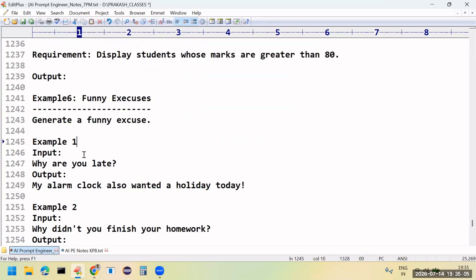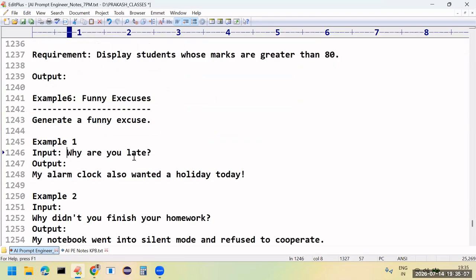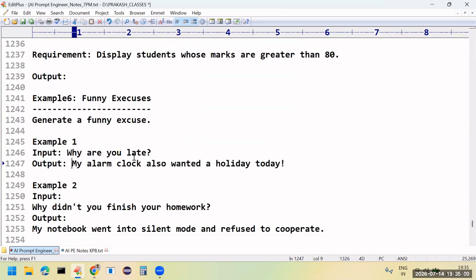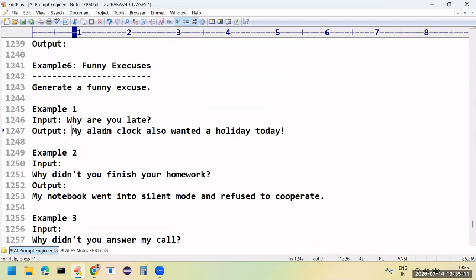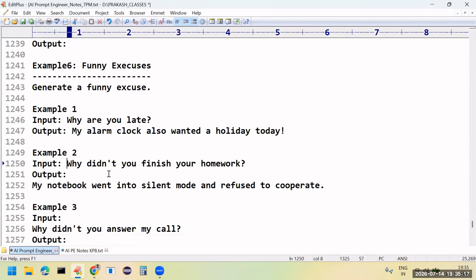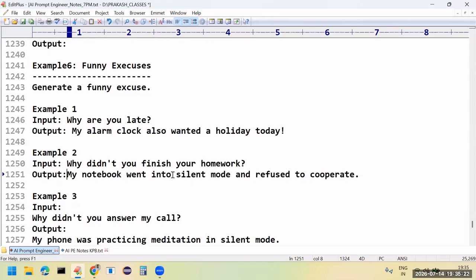Now observe carefully. Example 1. My input is, why are you late? Have you observed the funny answer? My alarm clock also wanted a holiday today. Next, the second input. Why didn't you finish your homework? What is the output? My notebook went to silent mode and refused to cooperate.